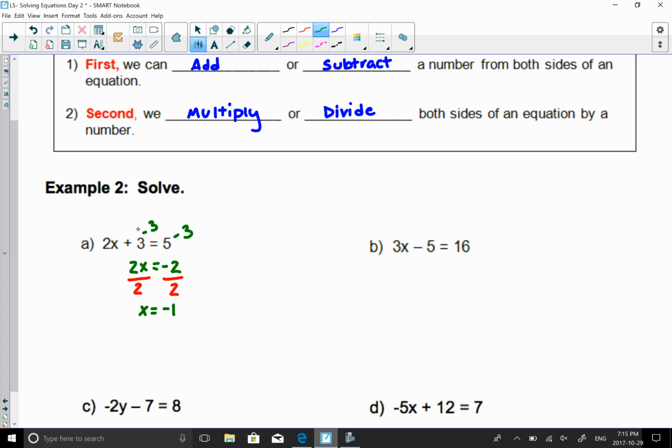You'll notice first we added or subtracted, and then we divided. So we're following these steps that we were given. Okay. And now I know x equals negative 1. If I plug it in here,